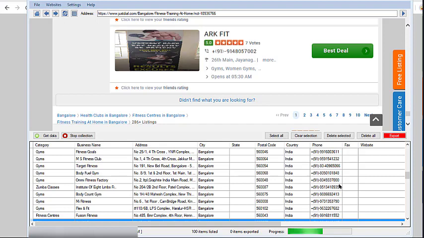It's taking a lot of time here, so just bear with me for some more time. This feature auto paginates. It's there in the script, so you don't have to do anything manually. It goes to the next page automatically once the first page is loaded and the data is grabbed here.